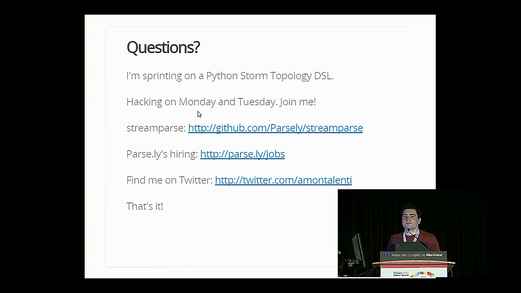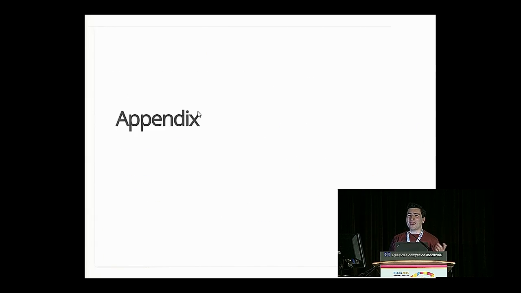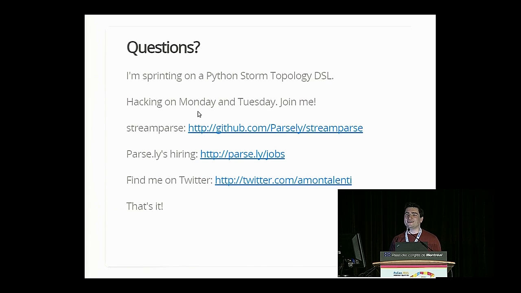Could you speak a little bit about the similarities and differences between this and something like Yelp's Pyleus library? Yeah, so Yelp's Pyleus library actually came out a few months after we released this, and we talked to the community there, and they have a lot of overlap actually. I have a couple of slides in the appendix that cover that, which you can find online.